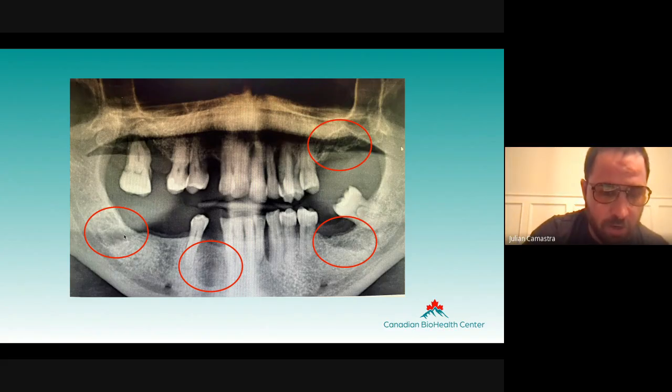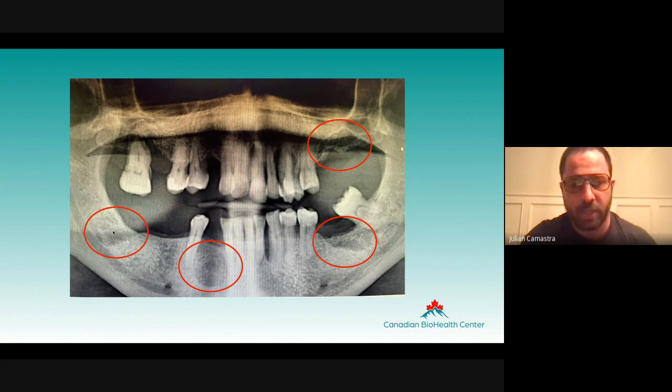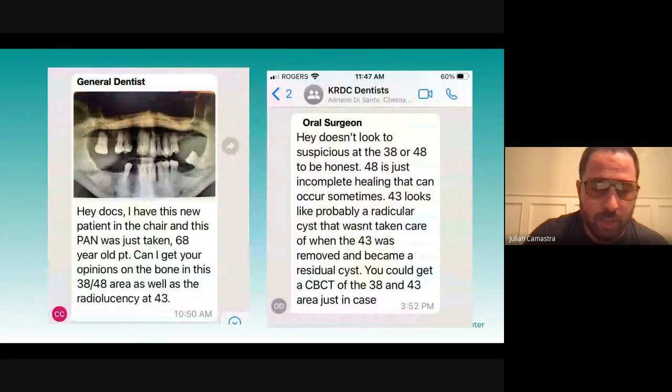And you have this darker area, we call it a radiolucency. It just means that in the x-ray, the bone is not as dense. There's less calcified structure in there. And this was an interesting case because this was from another doctor at our office, and he shared this image,